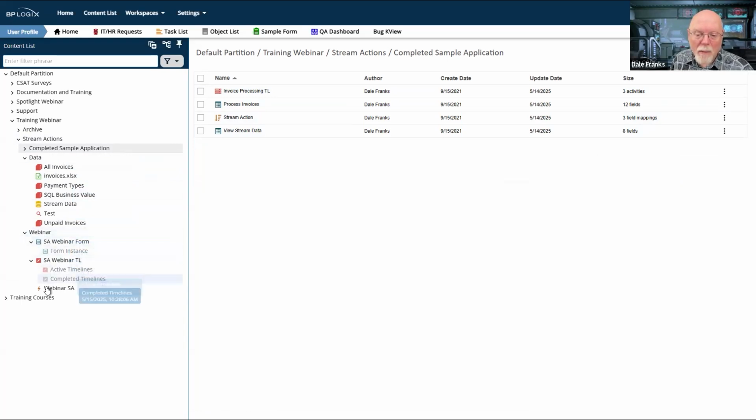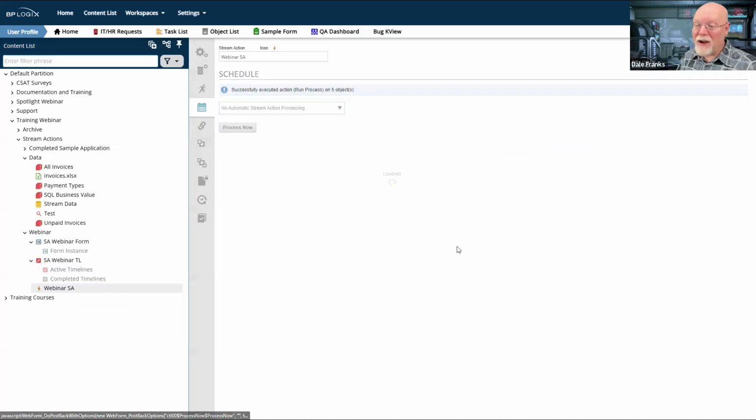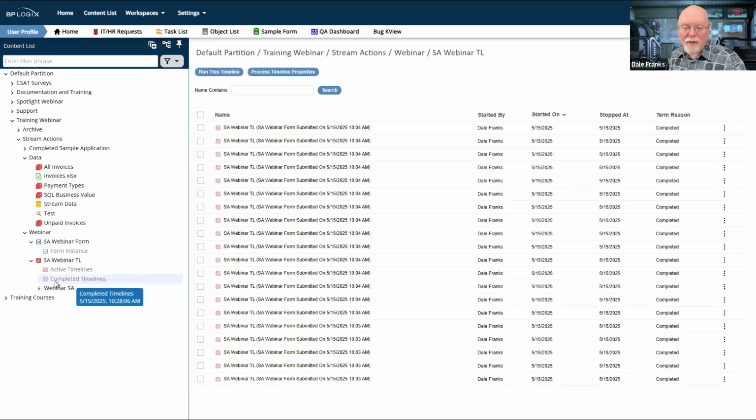If I go back to my stream action and I hit process now, it's going to run it on 5 more objects and 5 more objects again. And look, here's another 5 objects. So at this point, I am now 20 objects deep into form and process timeline instances because I keep running it and my data is always the same.